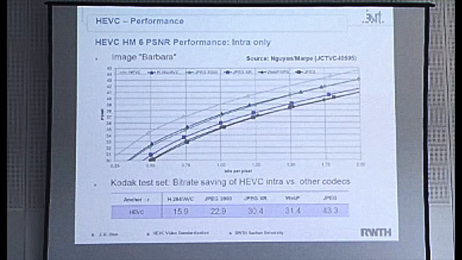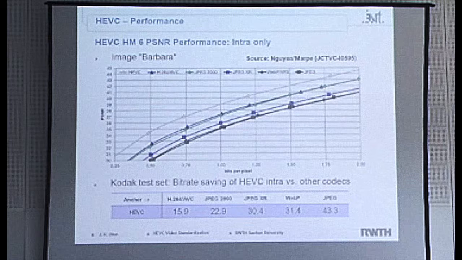Oh, by the way, here is another thing. Thanks, by the way, to I think Detlev Marpe who did that and made this as an input to JCT-VC. The gain compared to still image codecs. You can see that HEVC intra-coding is also the highest quality still image codec that is currently available. But in intra pictures, the gain is a little bit lower than for the case of video. Intra-coding is more challenging.